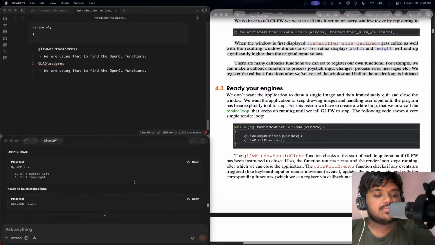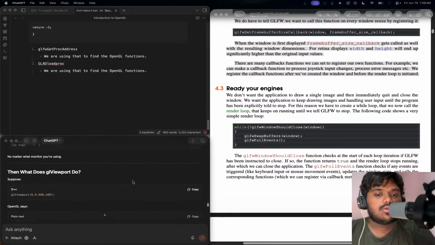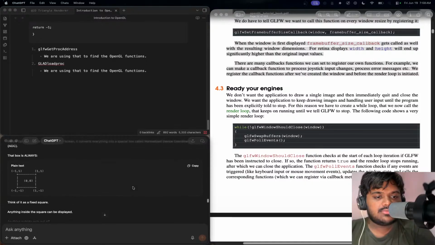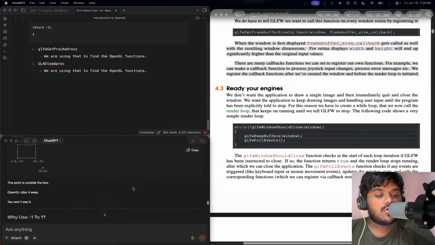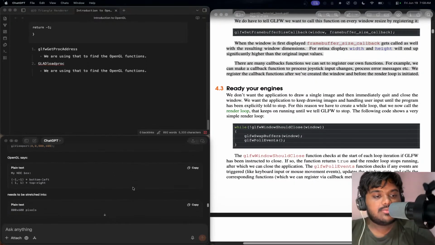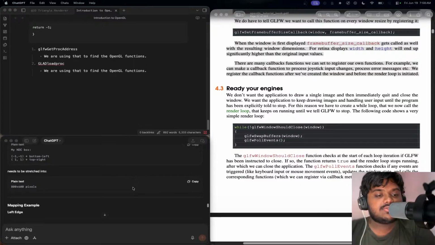The operator says my NDC box, normal device coordinates box, -1 comma -1 the bottom left, and 1 comma 1 top right,